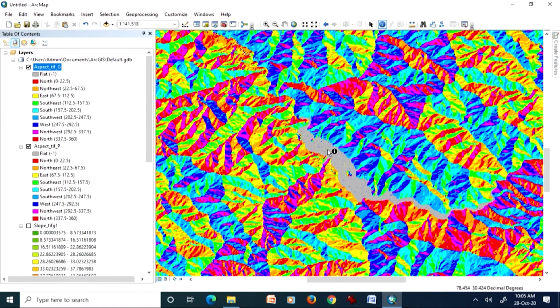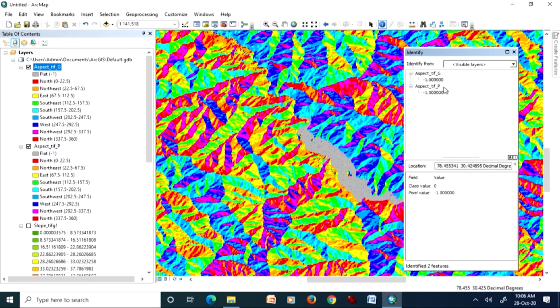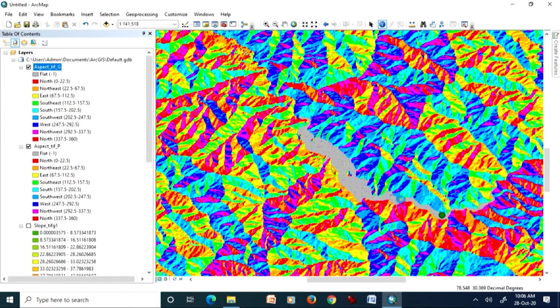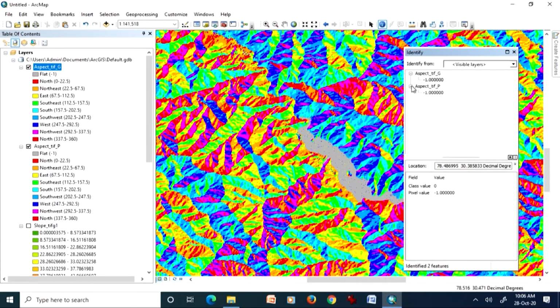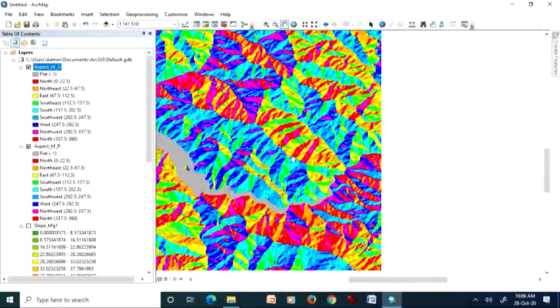Plus also, this part we have also discussed, that when values are less than 1, a minus 1 value is assigned. As you can see here, for the reservoir part, whether it's the geodesic or planar method, both are giving minus values. That means this is the flat part, because the top of a water body is flat, and this continues to quite a large extent.